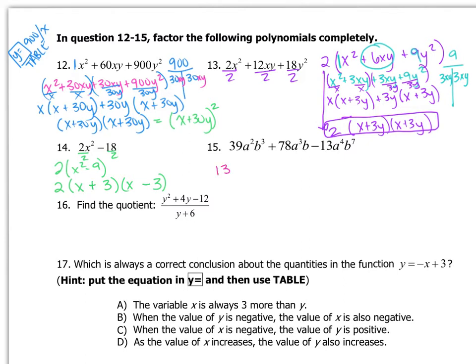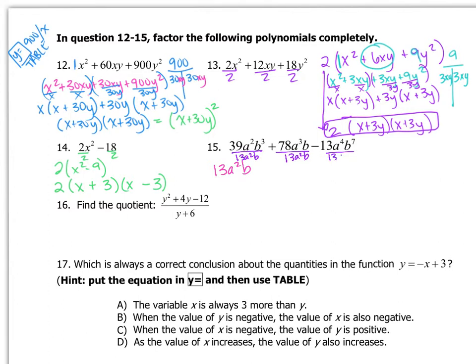And then also they all have an a in common, and the lowest exponent is 2. And then they also all have a b in common, and the lowest exponent on the b is a 1. I'm going to have to erase and rewrite this because I'm not going to have enough room. Okay, that's a little bit better. So I'm going to have to divide by this 13a squared b